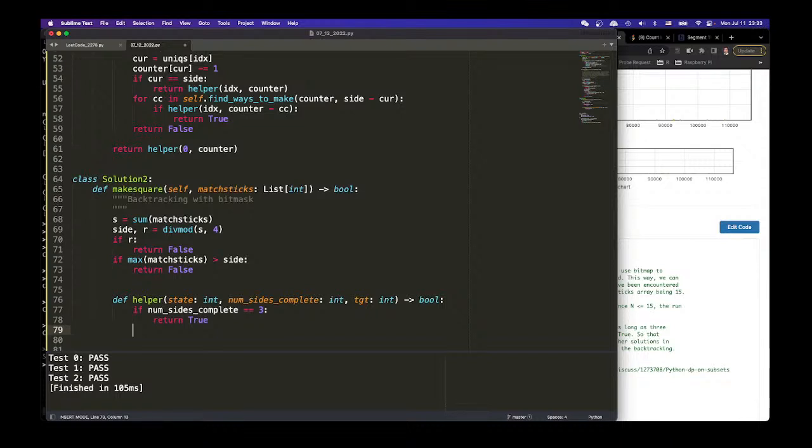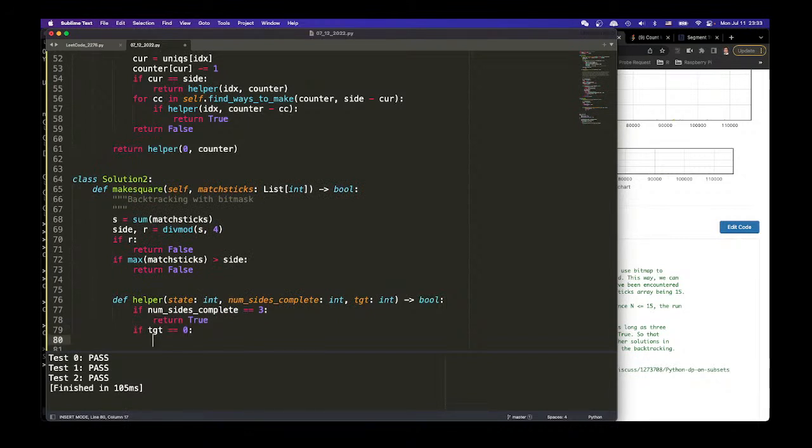So we either take it, or we don't. We decide the current state: we either take it or not take it. If we take it, then we produce the next state, right? And we say if target is equal to 0,